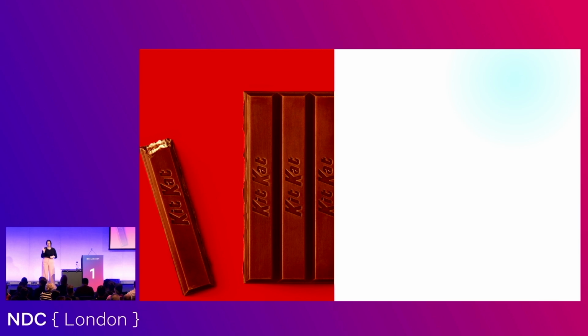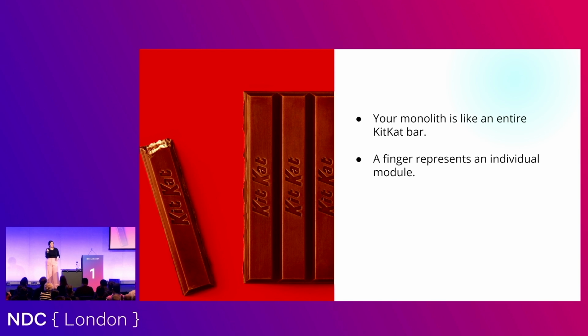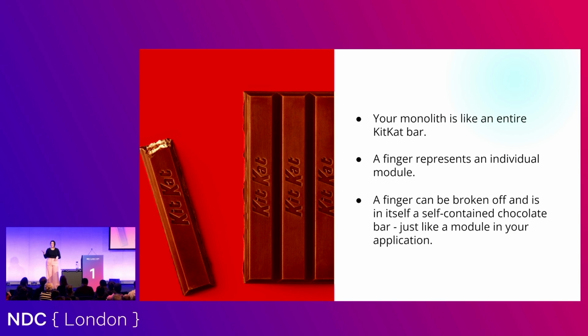That's the way. So if you're not a monster and you snap a finger off, you can think of each finger as a module. It's one whole complete thing, but if you separate a biscuit, it's still the same thing. It's all there, but now we've got these two bits. So the entire KitKat bar is the monolith. Each finger represents a module, and a finger can be broken off. So you could swap that finger out, you can do whatever you want with that finger. It's completely encapsulated. You could give it to a friend and they've kind of got their own KitKat bar.